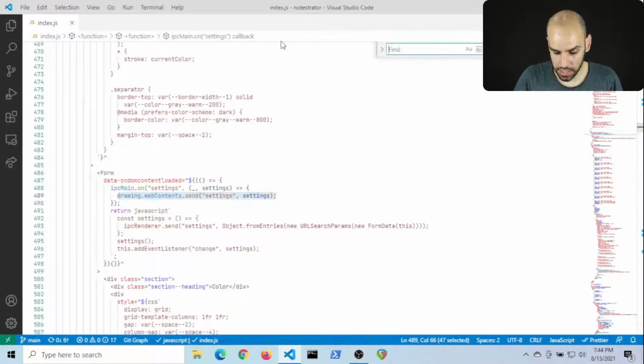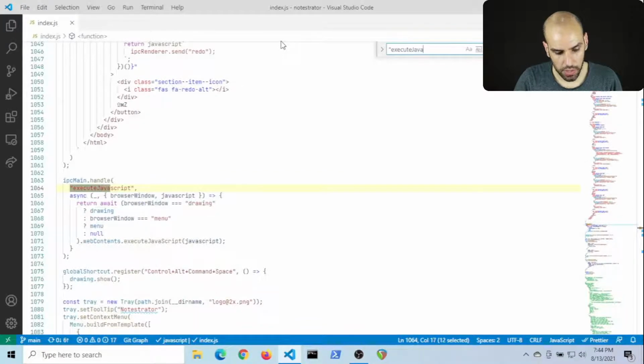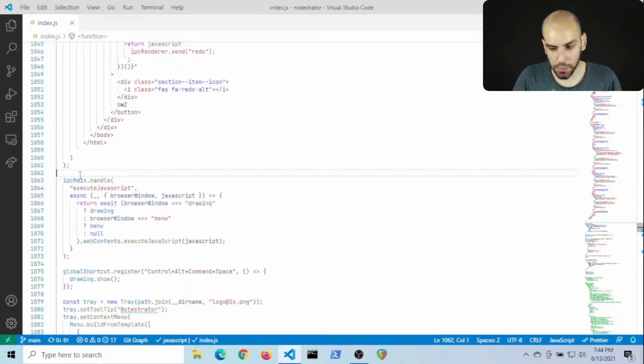So I came up with this event called execute JavaScript, which is pretty much like eval. You give it some code as text, as a string, it will run that code for you. And right now, I receive the event on the main process, so that's the browser window. Sorry, it's like the Chrome around the browser.